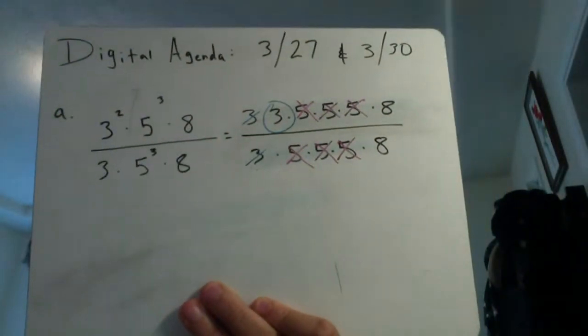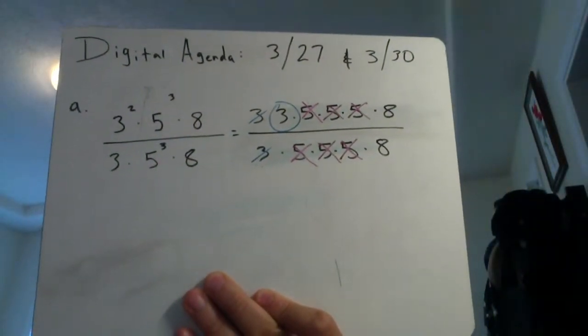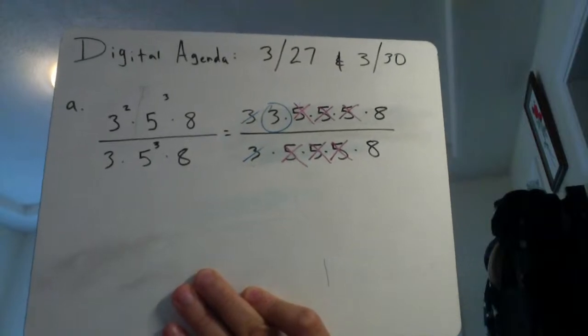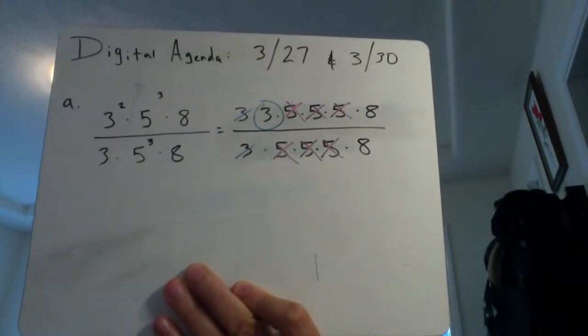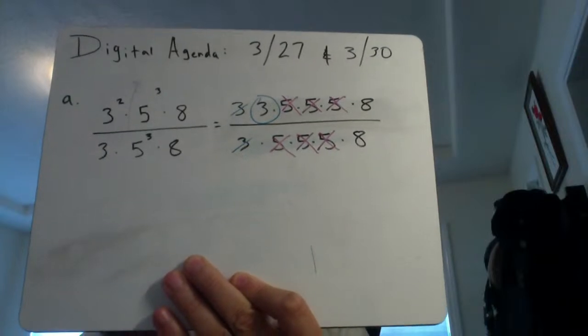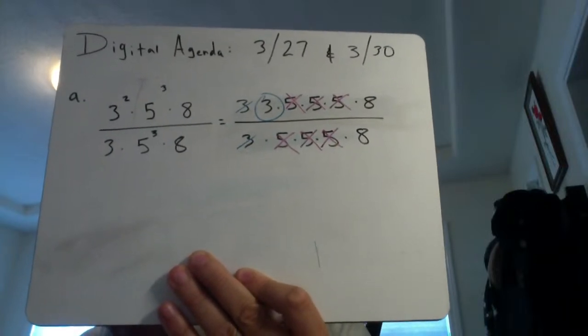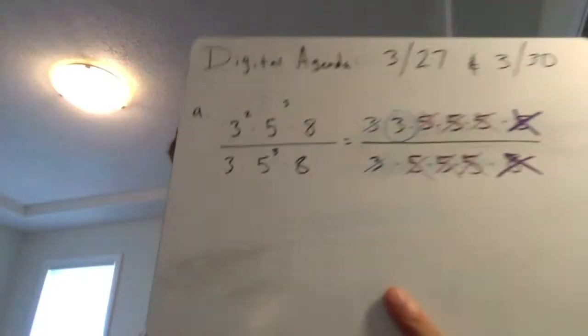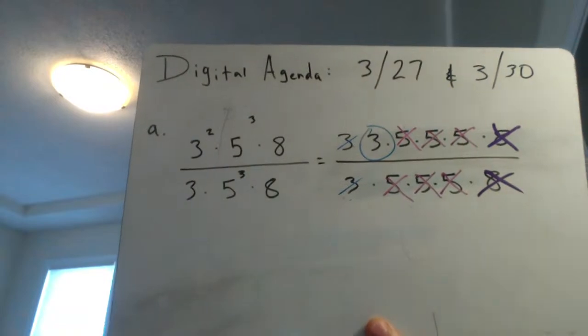Does everyone see that? And for our 8s, we only see them once, so we cross them off as well. And then all we're left with is that singular 3. Good. I like, if you see what Mr. Lopez commented in the chat,